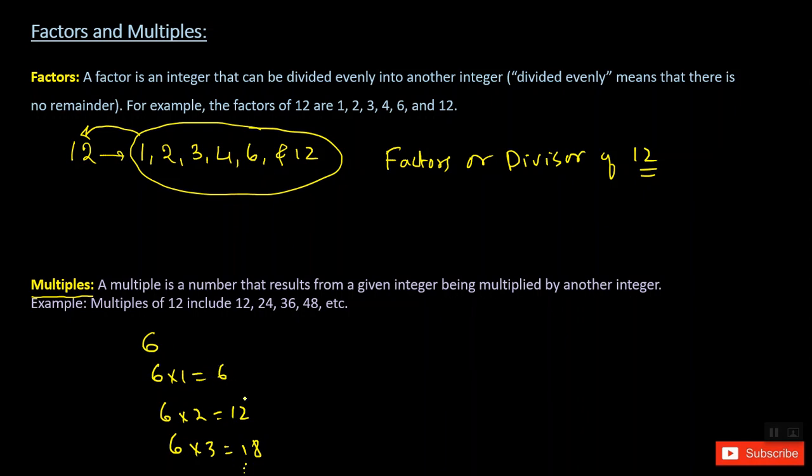So 6, 12, 18, these all are called multiples of 6, isn't it? Because these 6, 12, 18 resulted when one integer is multiplied by some other integer, and the product of the two or more integers, the result we are getting, those are called the multiples of a certain number. Okay,